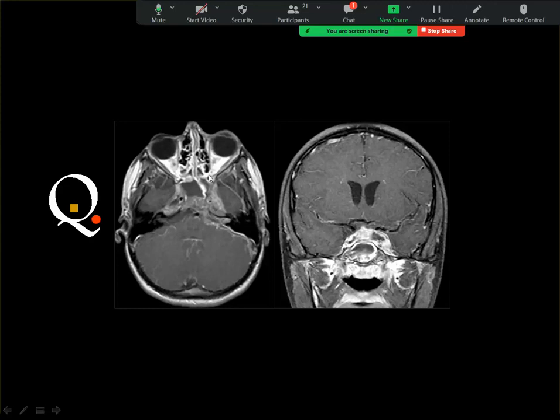You see that the cavernous sinus is enlarged and is enhancing in the coronal image, and you can see the filling defect corresponding to the thrombus inside